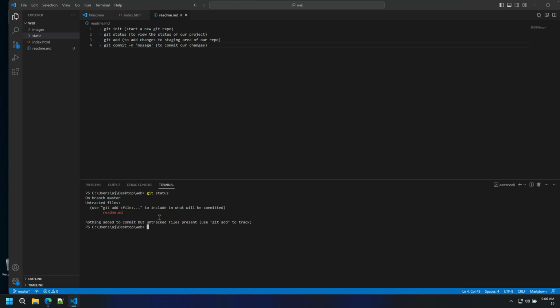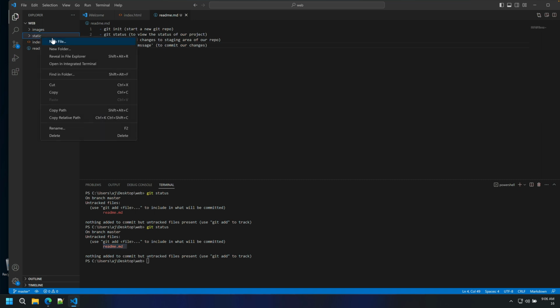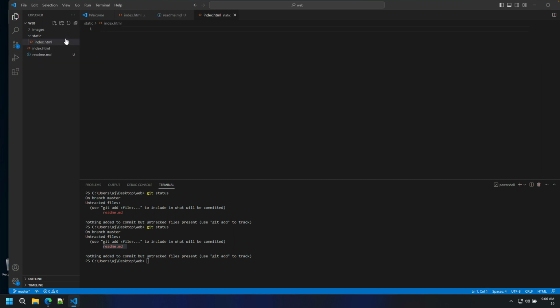So if I do another git status to see the current state of our repo, you see that it's still looking at this one, but let's put something inside this one, the static index.html. Even inside this one too, hello.html. All right,